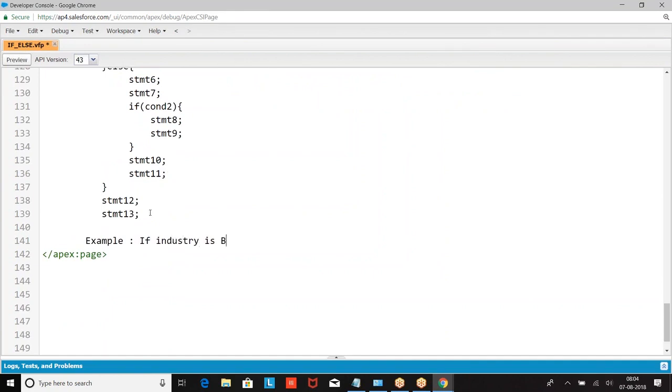If industry is banking, set rating as hot and ownership as private.